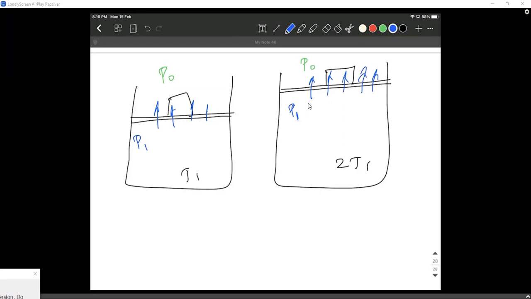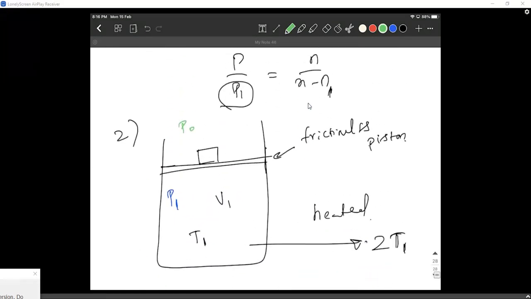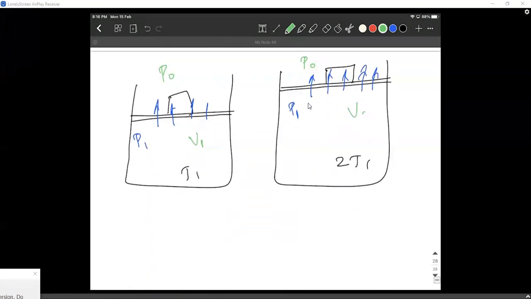So yes, it clearly is visible that the volume might have changed. It was V1. Did I give it as V1? Yes. Now it is some V2. No gas has leaked, so the number of moles must be still the same, n only. Did you see any gas leaking? No. The number of moles is still the same. So the only thing that has changed is the volume; the pressure is the same.